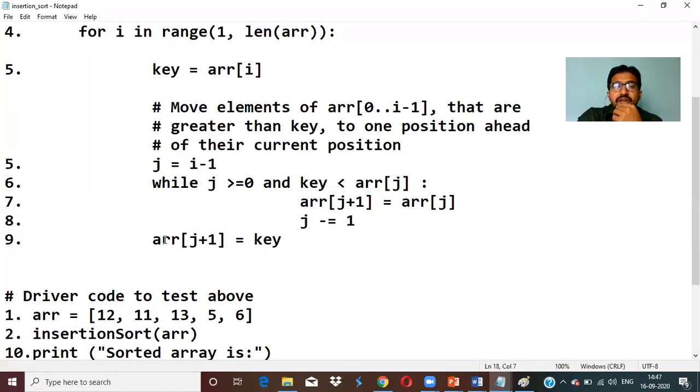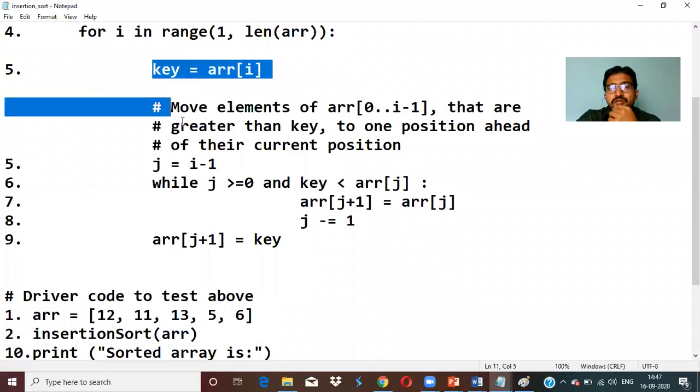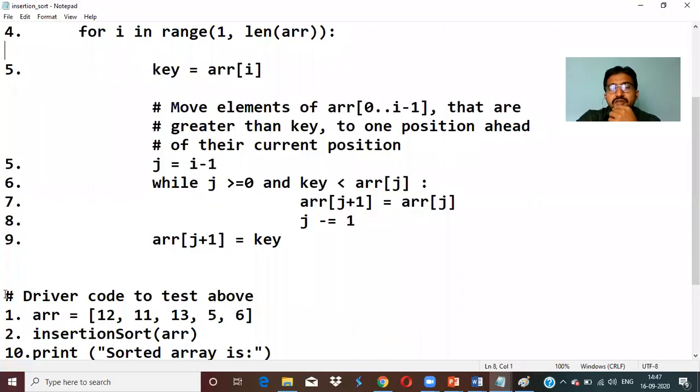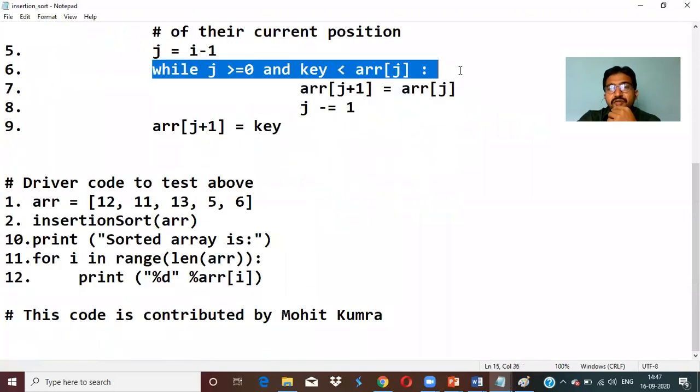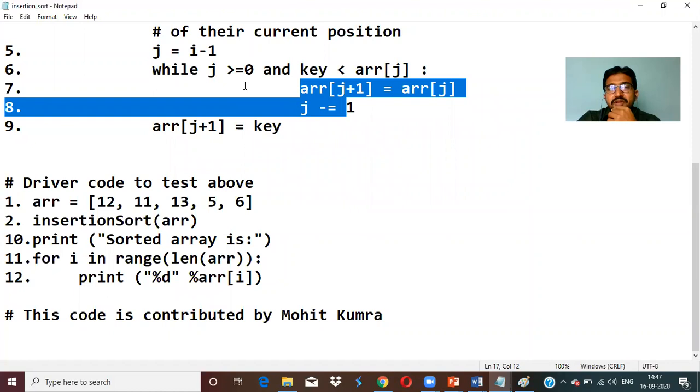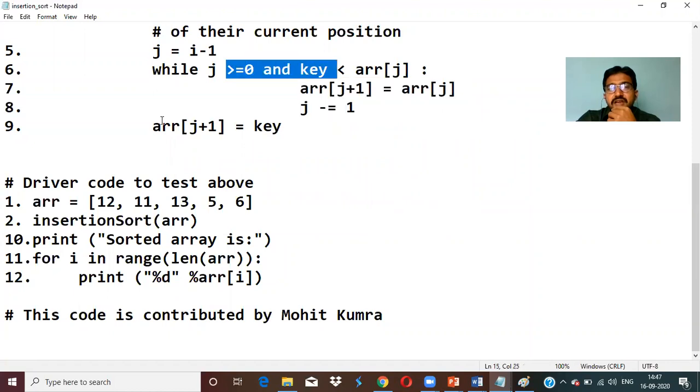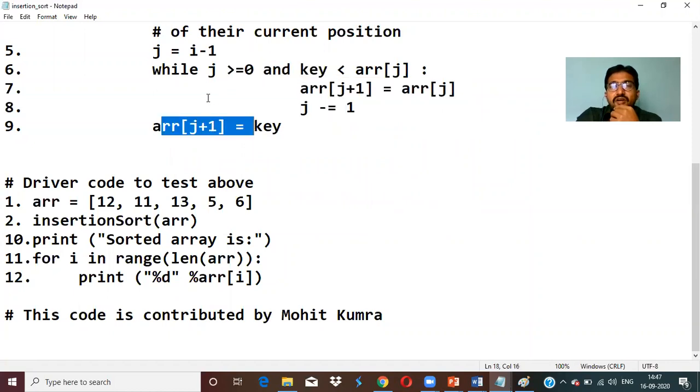After 9, where does it go? Again, it goes to the for loop. It will repeat the process. So if the for loop is true, it goes inside. If the for loop is false, it goes to the 10th step. In the for loop also, if the 6th step is true, it goes to steps 7 and 8. If the 6th step fails, it goes to the 9th step. Once after the 9th step, it goes to the for loop iteration. So this process will be repeated.